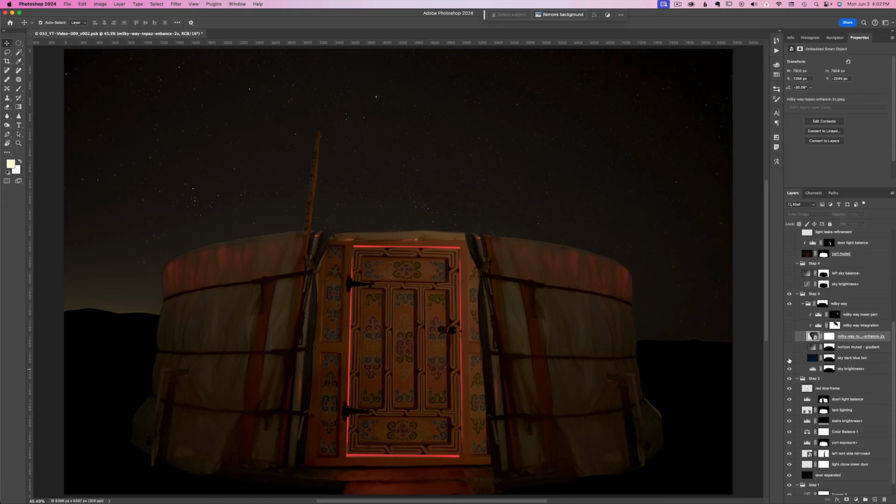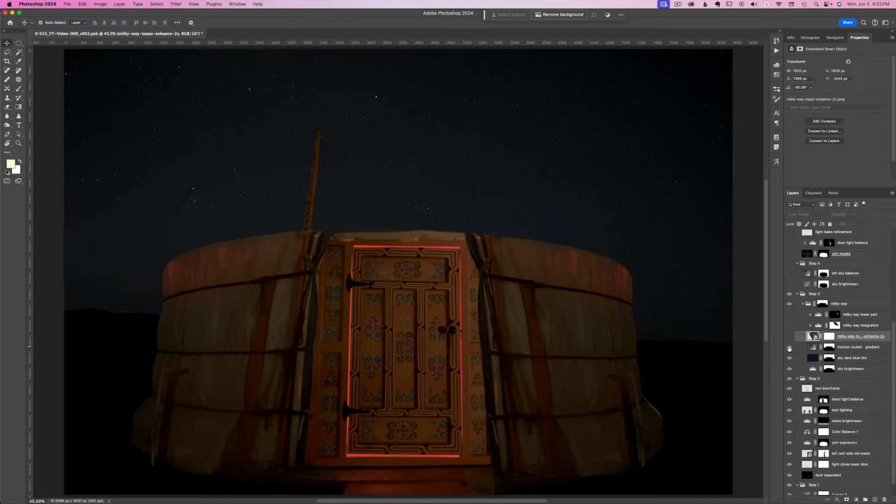This adjustment layer increases the overall brightness of the sky to ensure it balances well with the rest of the image, providing a good base for further enhancements. Next, I add a dark blue tint to the sky. This layer enriches the sky's color, adding depth to the night scene. To create a smoother transition between the horizon and the night sky, I apply a gradient to mute the horizon, reducing any harsh contrast and making the scene more cohesive.